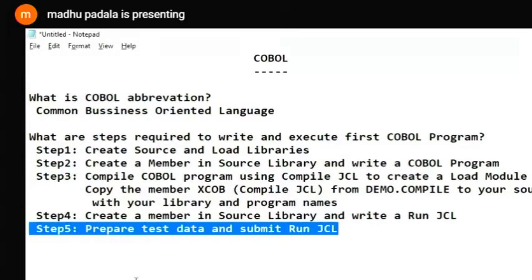If my program is reading a file and writing the data into the DB2 table, I need to take proper data in my input file. Then after completion, I need to check whether the data is inserted into the table or not. So I prepare test data, submit the run JCL, and check the results.